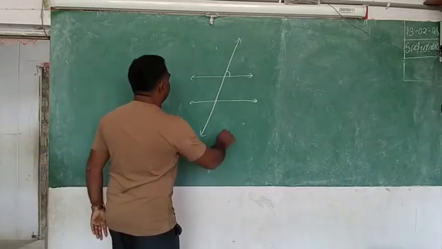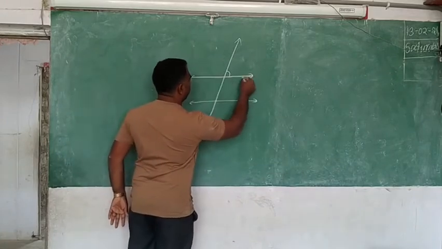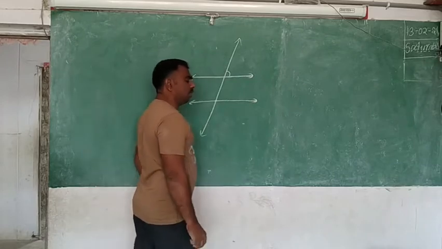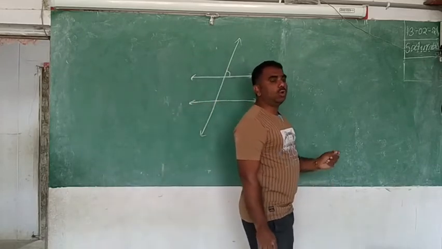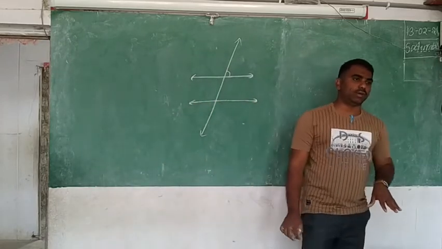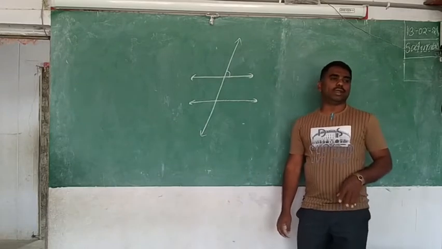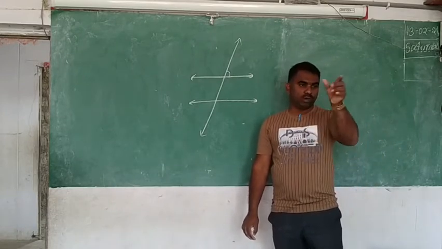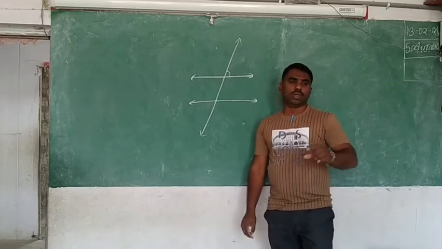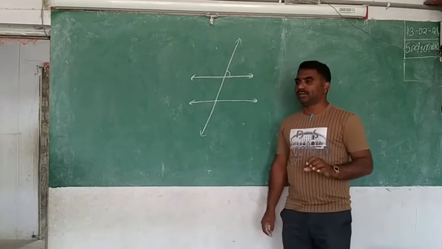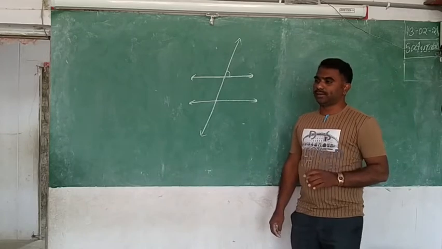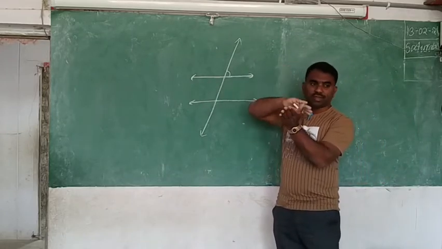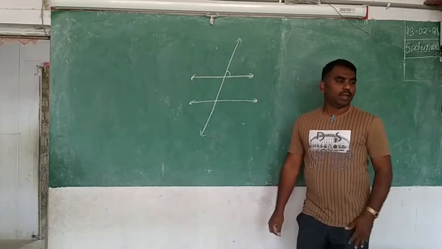Two parallel lines like this. Parallel lines means the edges of the scale, or lines in the ruled notebook. Like that I have given the idea to you. So you can take two lines in the ruled paper, single rule, double rule. So many lines are there in the notebook. If you take any two of them, those are called parallel lines. Otherwise, if you take the two edges of the scale, those are called parallel lines.